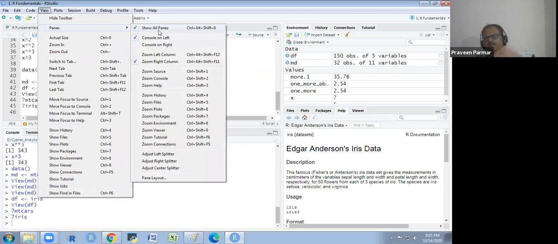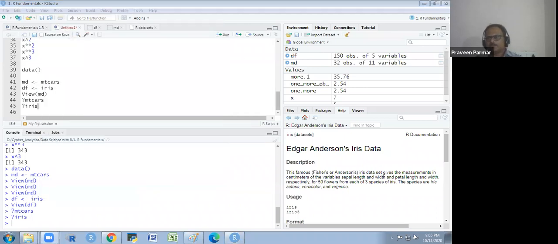You click here, you will get all 4 windows. Sometimes there is a mismatch and you are not getting all 4 windows, then you go to View, Panes, Show All Panes, and you will get all 4 windows.